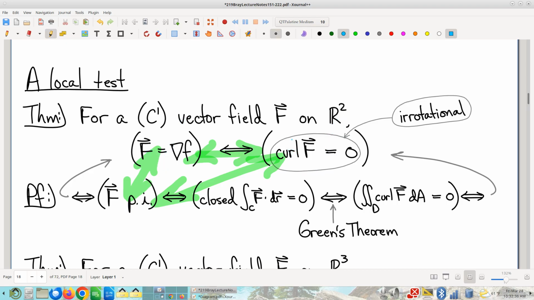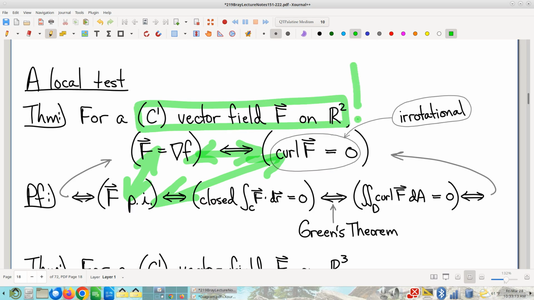On the other hand, if you have a vector field where the curl is non-zero anywhere, at any single value of R, any point that might happen to give you curl non-zero, then it is not a gradient and it is not path independent. So what we're establishing here is the equivalence of these conditions, and therefore a vector field either has all of these properties or none of these properties. Now, that said, conditions matter, right?